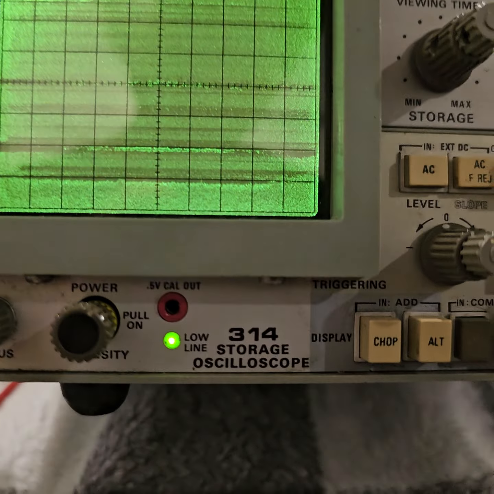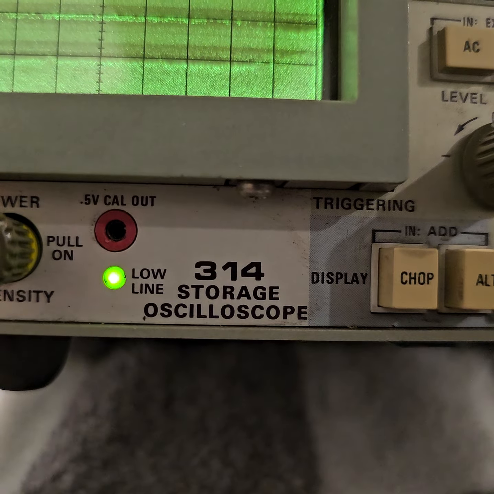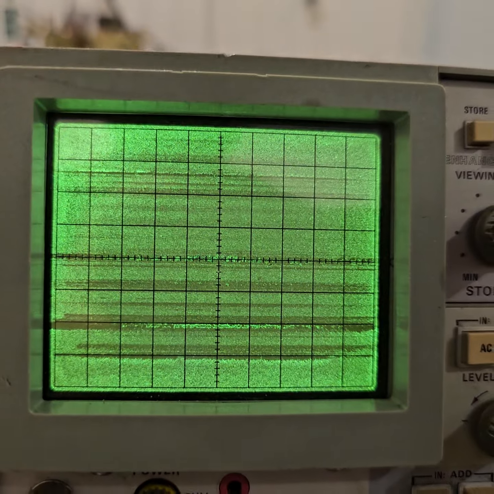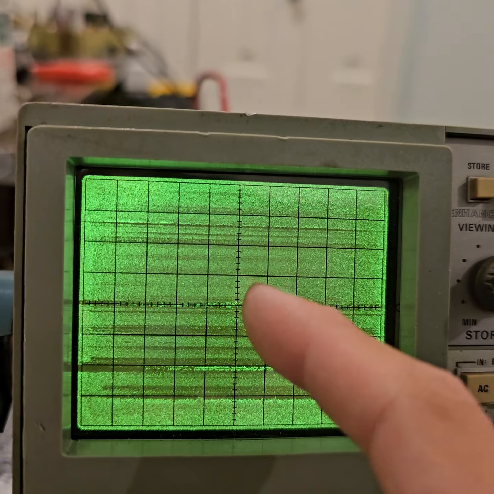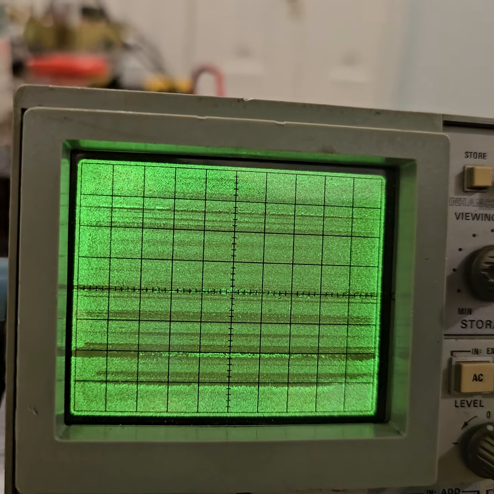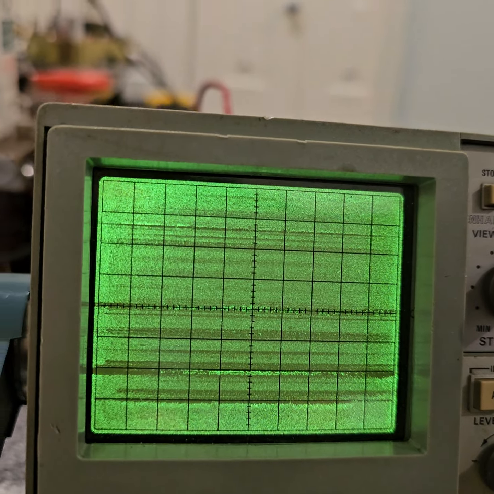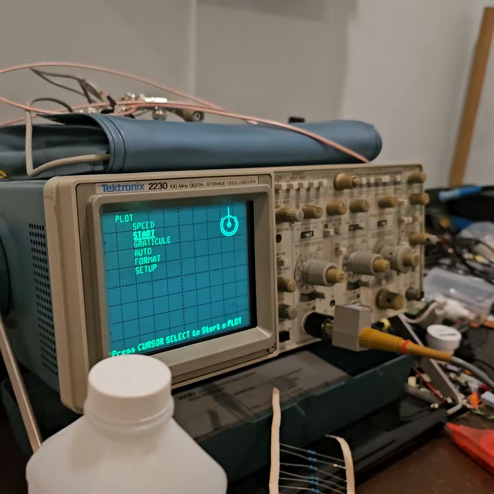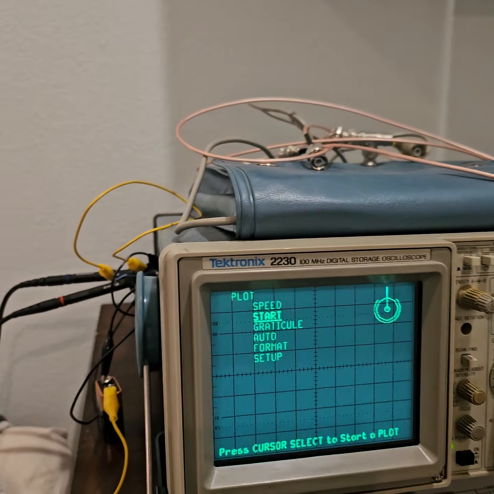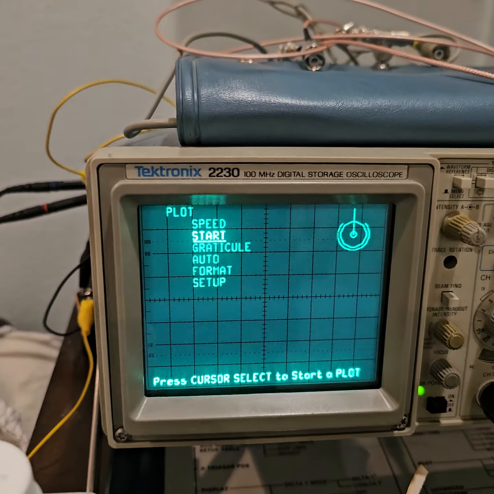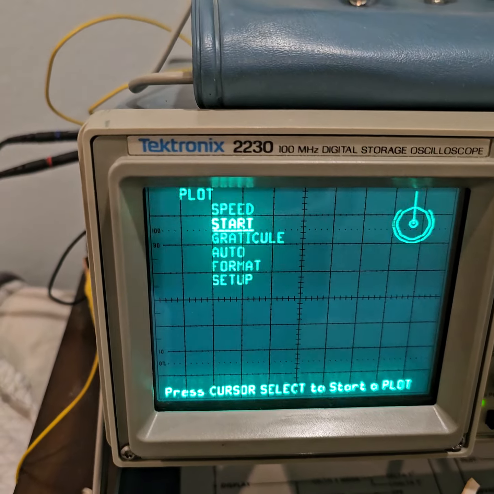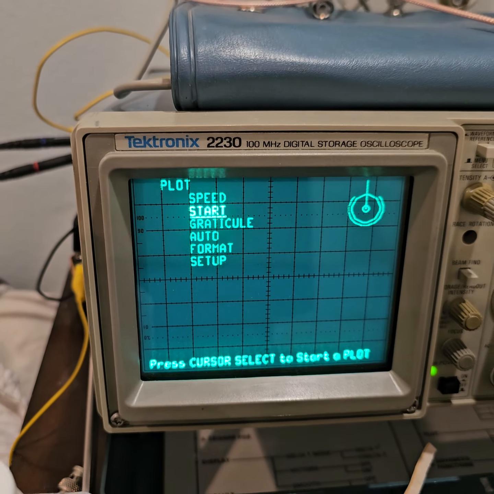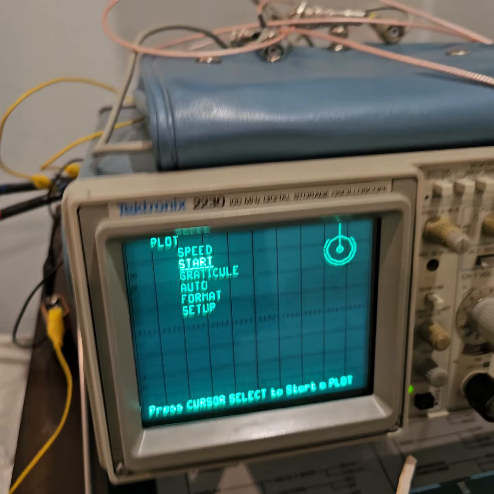Here I have a Tektronix 314 analog storage oscilloscope. Whenever a beam writes on the display, it gets stored in the display. Here I have a Tektronix 2230 digital storage oscilloscope. You can store waveforms digitally. It's flickering. Okay, yeah, there. You can see it stops flickering at some points, but